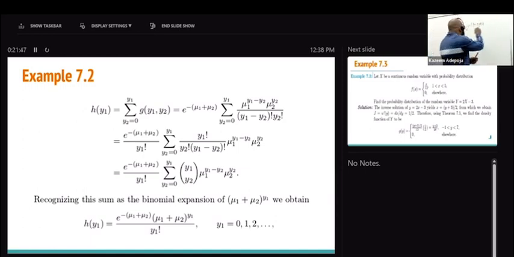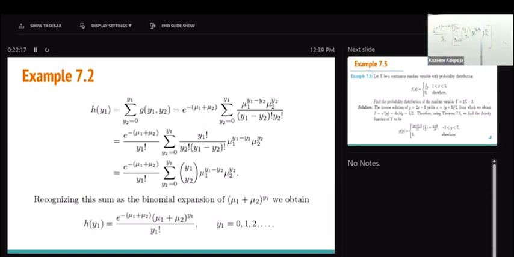Now, if you take a look at what I have at the junction, I got this guy divided by y1 factorial. Then I got summation, y2 starts from 0 to y1. Then I got y1 combination y2, and I got mu1 raised to power y1 minus y2, and mu2 raised to power y2. Now, when you take a look at this guy here,